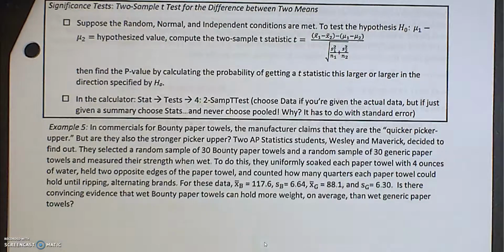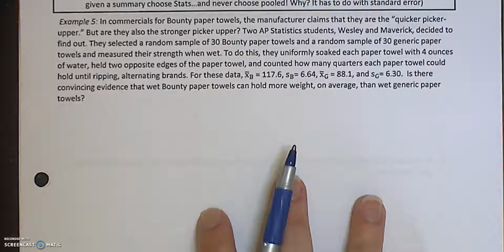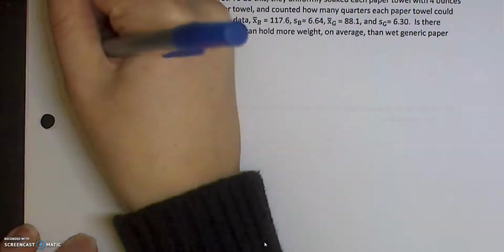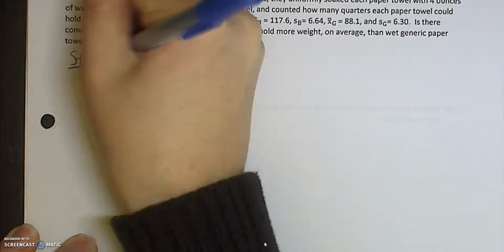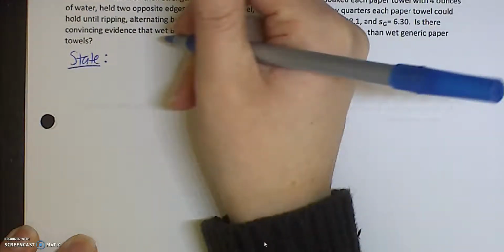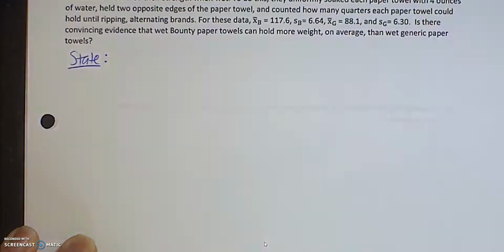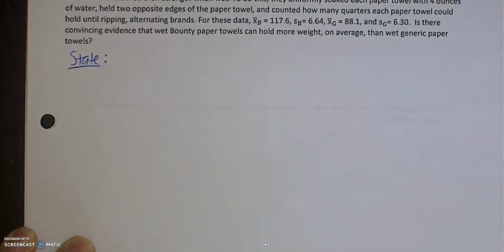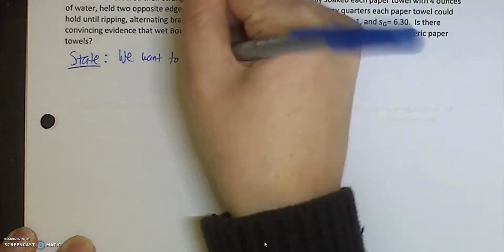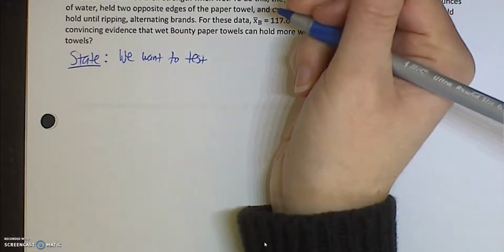So first step first, we are going to state. So we are going to test. So we're not estimating because it's not a confidence interval. So state. Is that a little blurry? It's okay. And our hypotheses